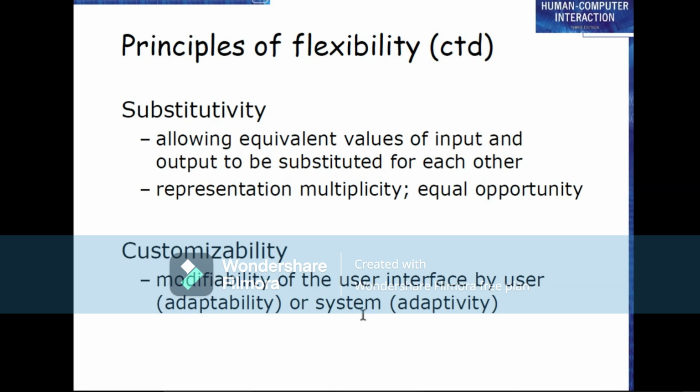And in the other case, adaptability means every time the user has to give some input or give something to take the output from the system, right? So this automatic customization of the user interface should be allowed either by the user some of the times or by the system some of the times. Okay, got it? So these were the 5 sub principles for flexibility. Next, we will go for